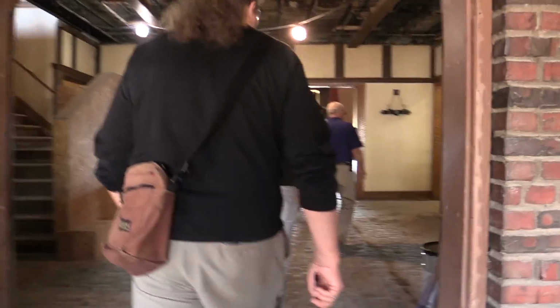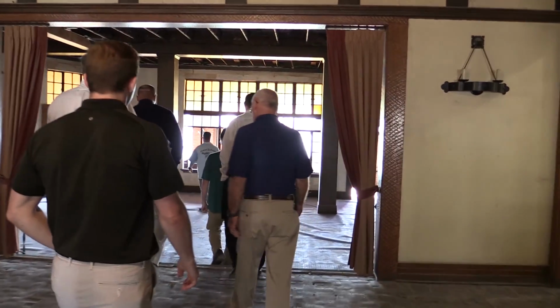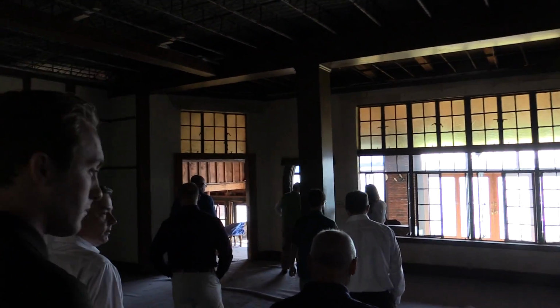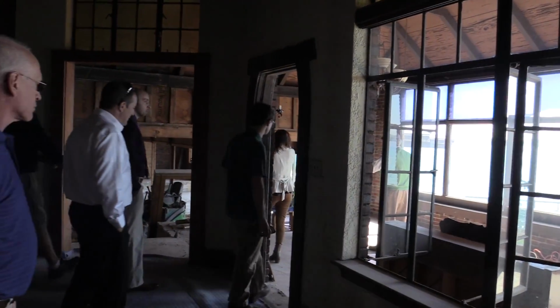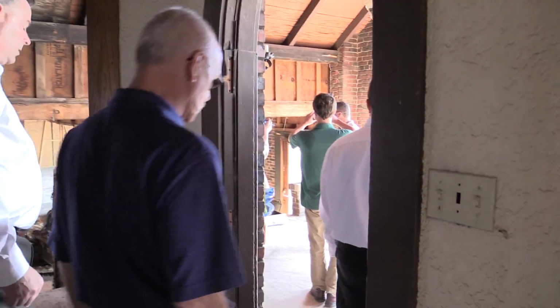We'll go up there. All right, so this room doesn't really change. It's a great room in here. A big difference that you'll see visually is what we did over here. We're going to leave the exposed brick down here for the pub, and what we've done here is this is going